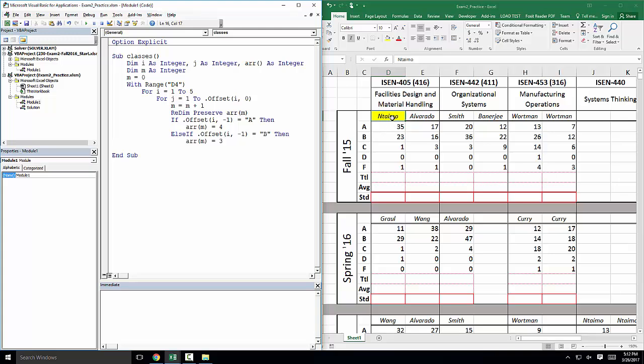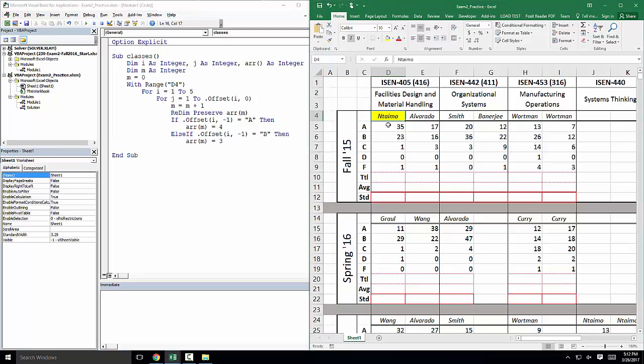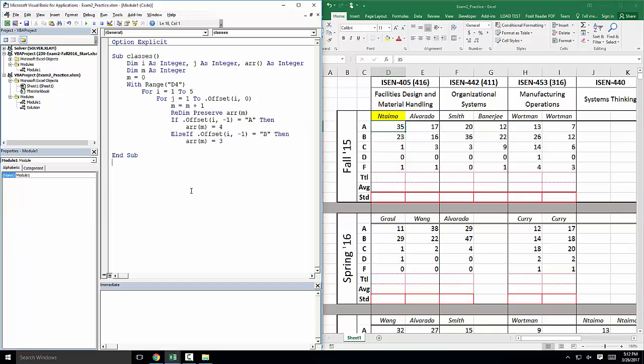So does this make sense what this code will do right now? No? Okay, so we're using this as our anchor cell. When you have a really long array, like 35 people got an A in this class and follow 15. To take a standard deviation, we need to have 4 in there 35 times, and then 3 in there 23 times, 2 in there once, and so on. So that we can use a worksheet function